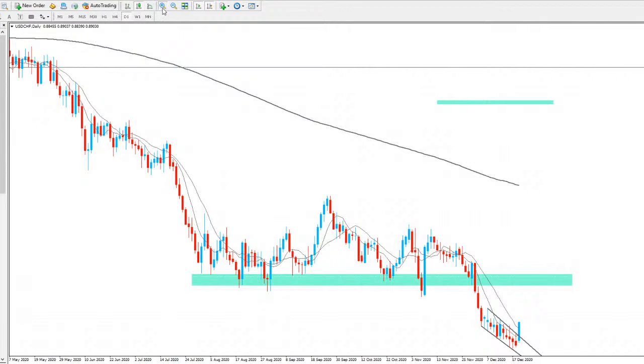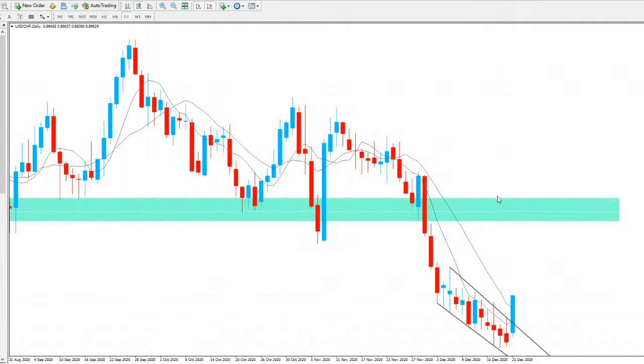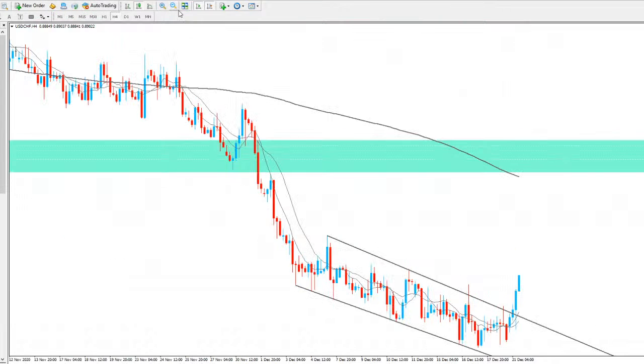But again, favouring a move back to this area at least from a daily point of view, and then potentially see where price can go, and we'll have another judgment of price when we get there. But as of now, looking very bullish, expecting price to continue to the upside there. Could be getting some pullback soon potentially, but expecting USD to give us a move to go and test that area on the daily time frame.